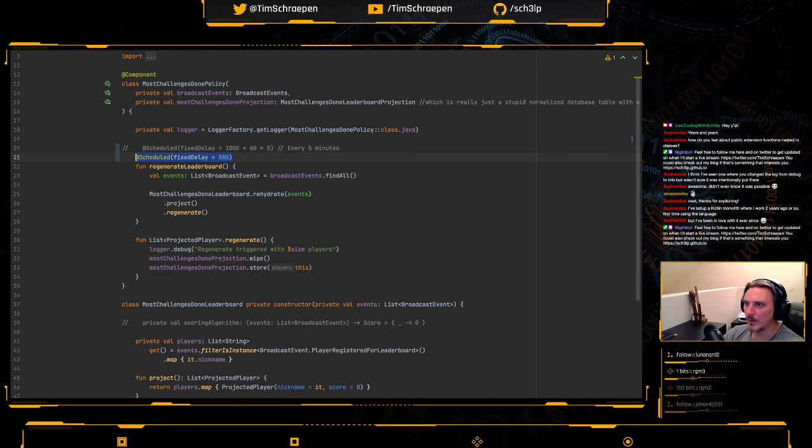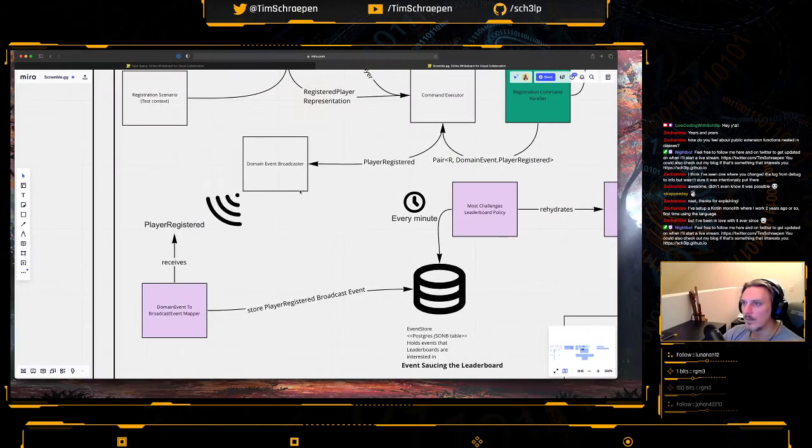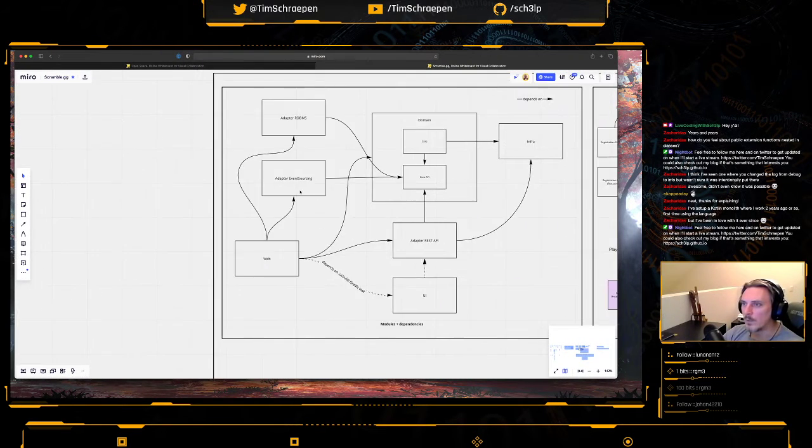The policy gets triggered on a delay, but maybe what I can do instead of the delay is have this most challenges done policy also subscribe to the domain events, and then after X amount of domain events it will regenerate itself. That would be at least more testable, because I no longer need to work with a delay, but that will be fine. The thing I will do is I will add that